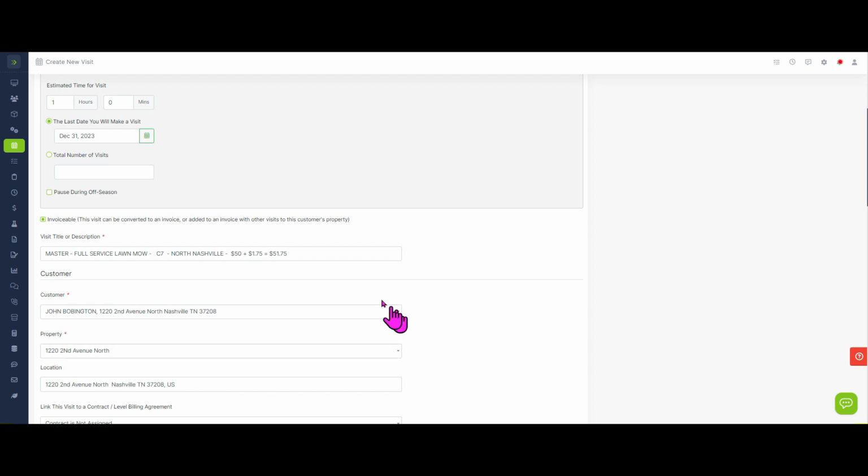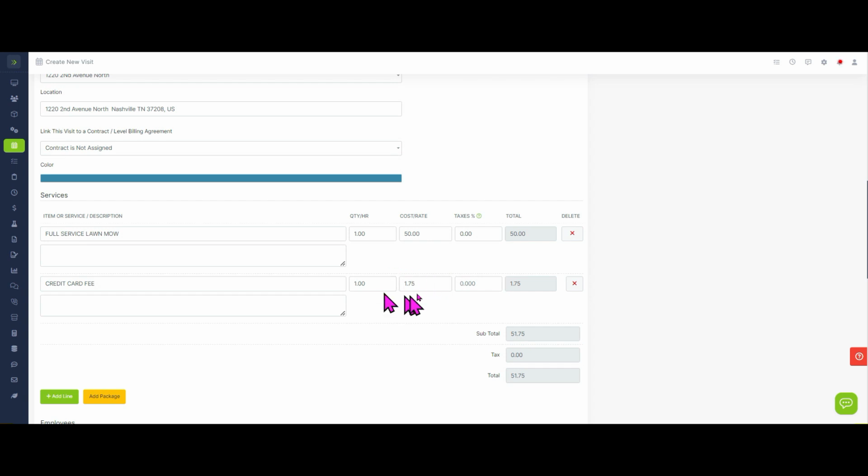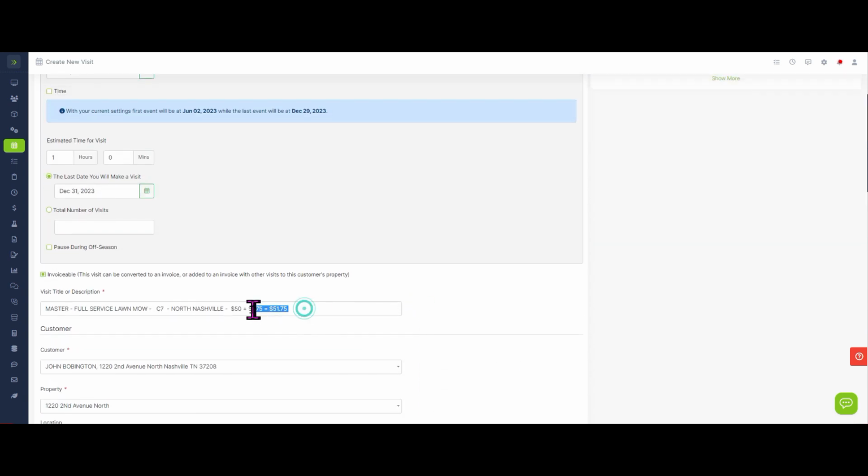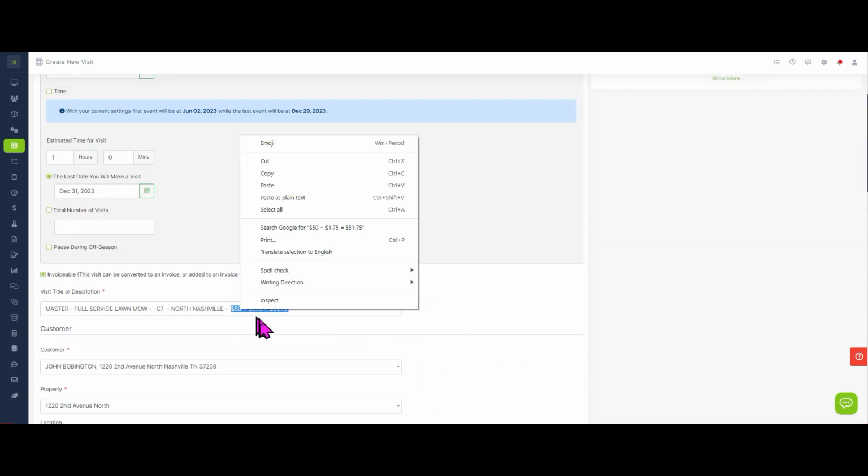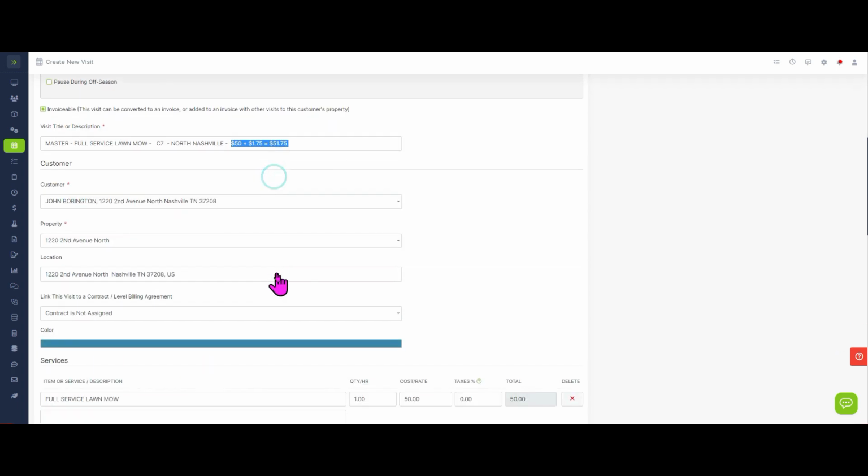If the customer does not want to pay the credit card fee, they have other payment options such as ACH that are free, or they can pay with a paper check, which is also no charge. If they choose to use a credit card, which oftentimes they will, the fee needs to be displayed here. The fee will be here. And then if you remember from the last module, the notes will also copy and paste